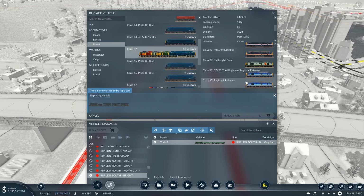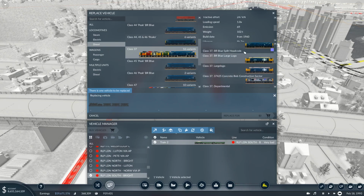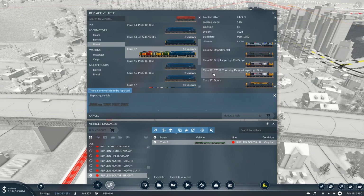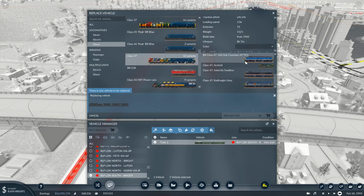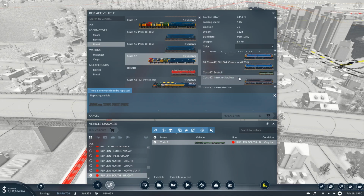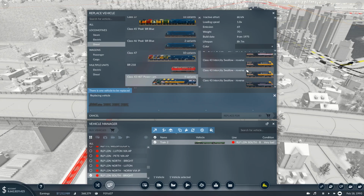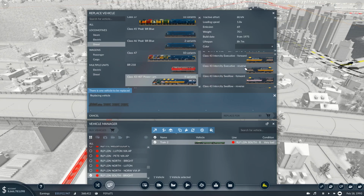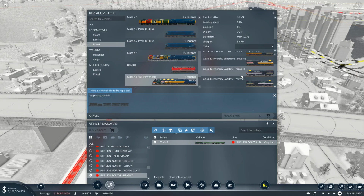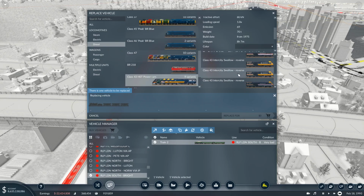So we've got Kingswin. These are Network Southeast, right? Possibly. Intercity Mainline, Intercity Dutch. Hold on. 1, 2. Keep looking at these. Rail Freight Grey. So we've used most of these. We've got the ScotRail, we've got the Intercity Swallow, which will get running on a line as well. HST Power Cars. Executive Forward, Executive Reverse, Swallow Forward, Reverse. So these are just sort of different colours. Okay, don't